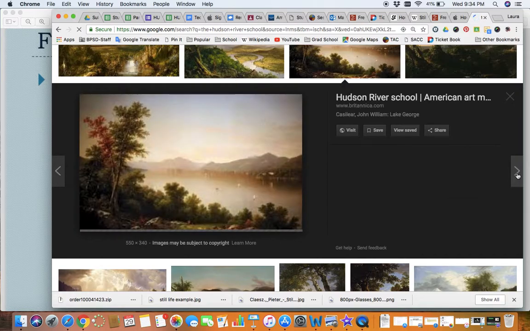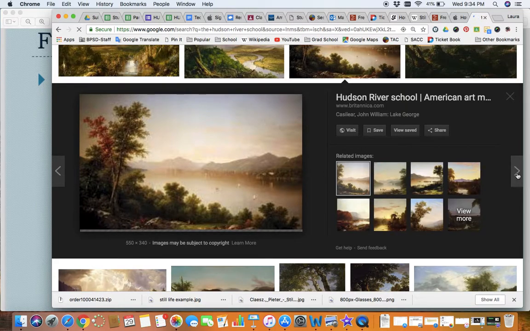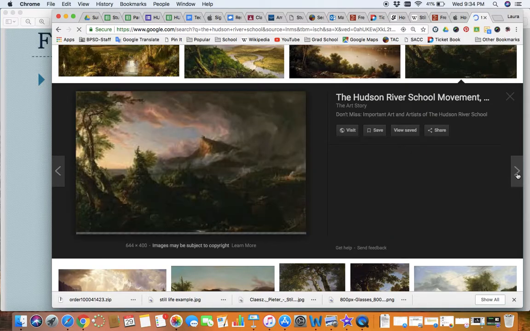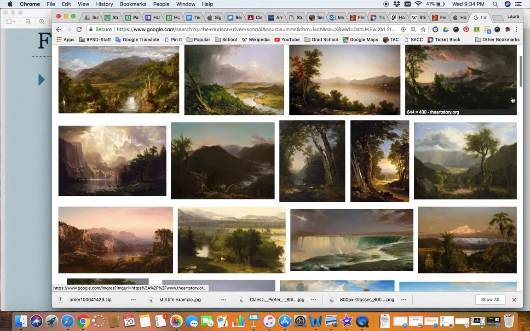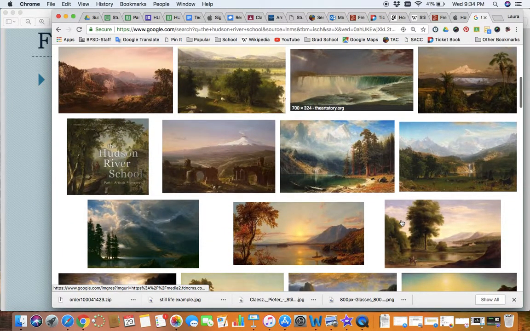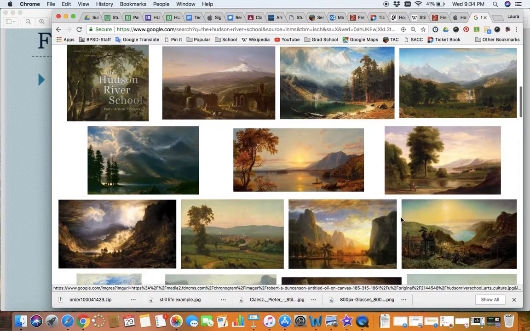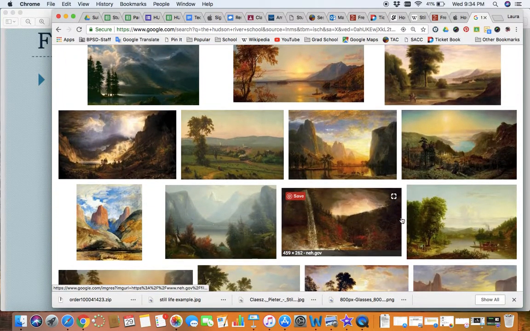Many of these artworks are at Crystal Bridges in Bentonville at the American Art Museum there, and they're massive. They take up a lot of space on a wall. They're probably bigger than our smartboard. These are just a few examples of the type of landscape picture you would need to choose for your drawing